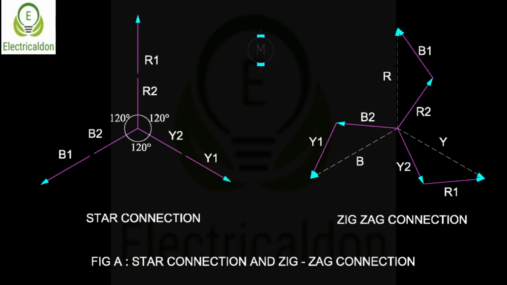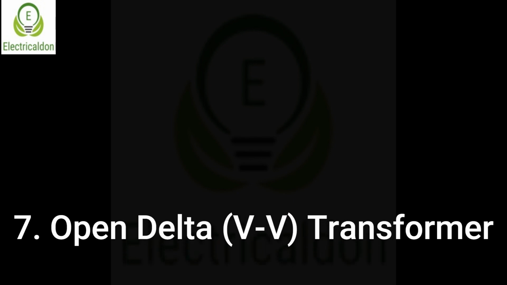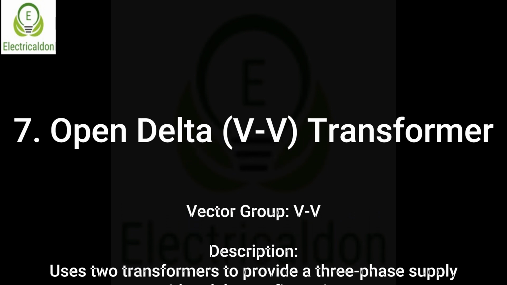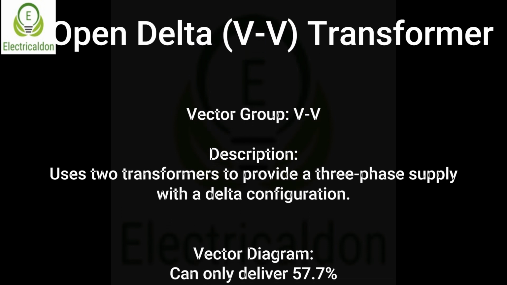Open delta, or VV, transformer. An open delta transformer, often referred to as a VV transformer, uses only two transformers to provide a three-phase supply with a delta